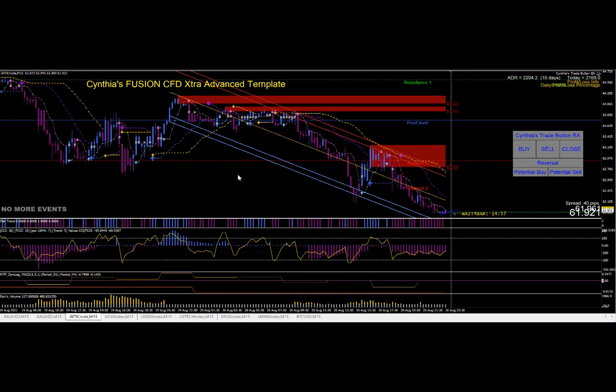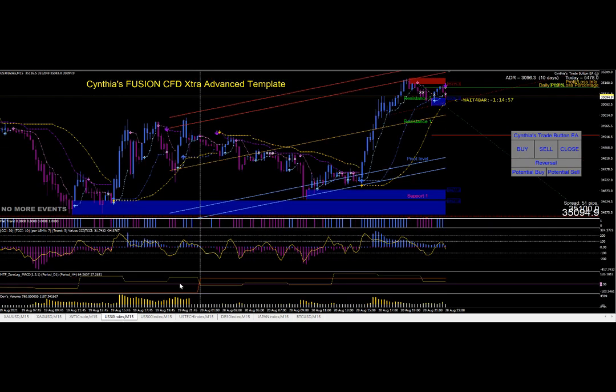You can also trade Brent crude oil, and oil can move pretty good. A lot of people really like to trade it. And with these indicators, it makes trading it a lot easier. I know, because I've tried other people's trading systems. It's not that easy. And here's the US 30, which really, actually, a lot of these indices or CFDs trade